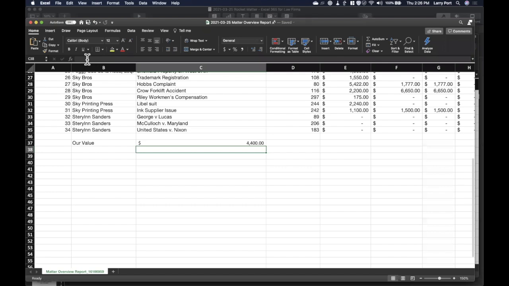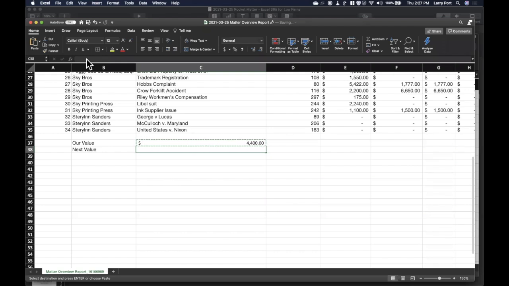Notice that it also picks up the formatting of the accounting stuff. Okay, watch this though. Excel has very powerful and intelligent copy and paste functionality. If I copy the value of the cell, the second I click copy, you're going to see this dotted animated line around the cell. And if I go down and click paste, you would think that when you click paste, it would also say $4,400.